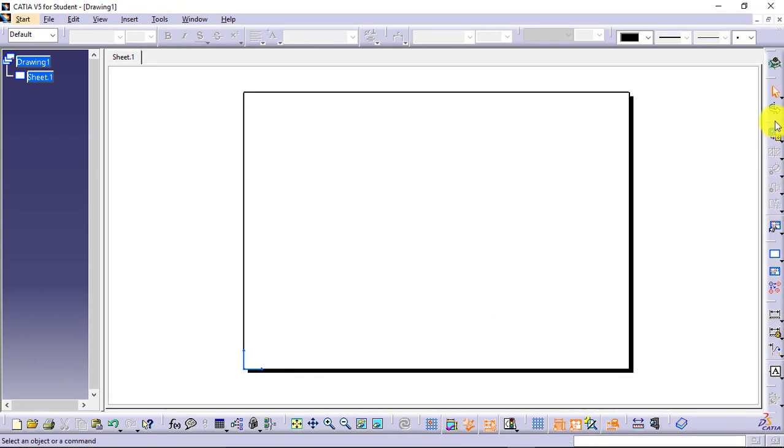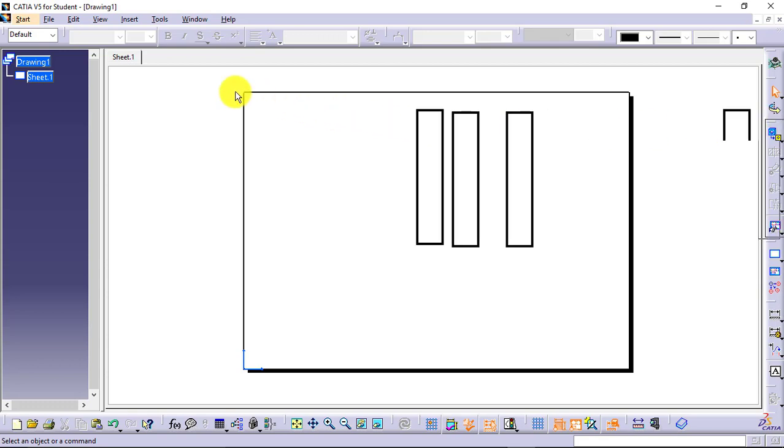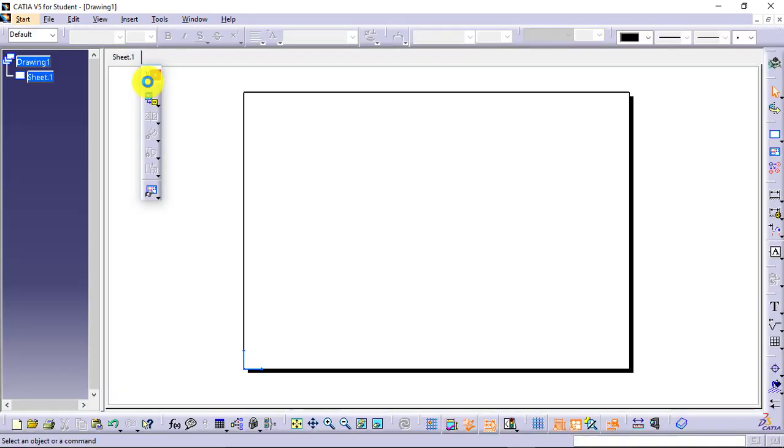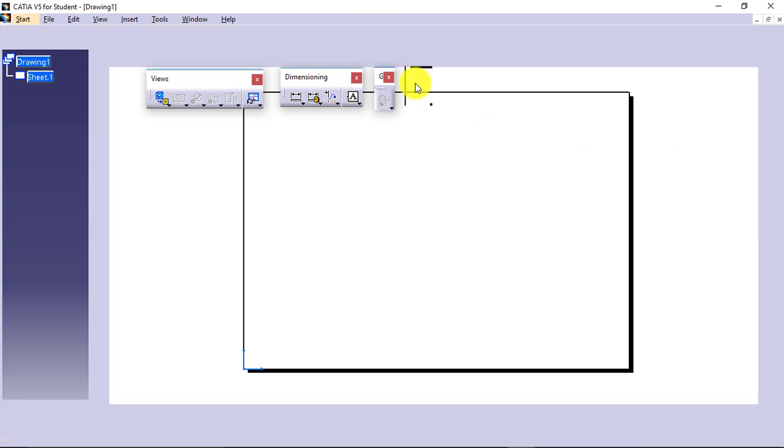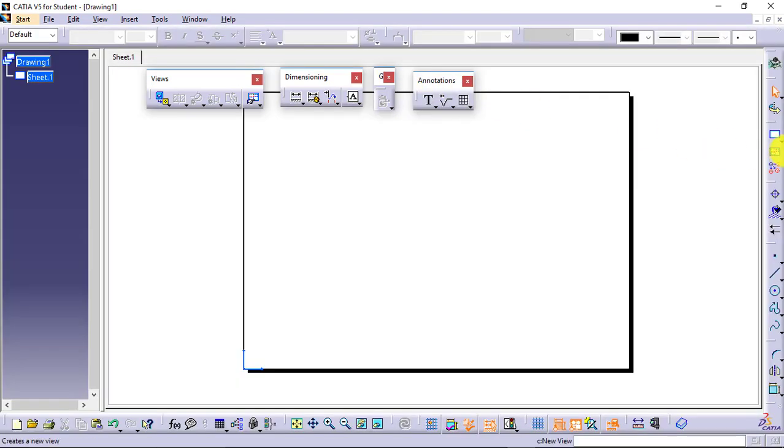One by one I will drag them: you have the views toolbar, the dimensioning toolbar, then the generated dimension toolbar. We have some more toolbars as well. This is your annotation toolbar, dress up toolbar, then we have the toolbar for drawing as well.